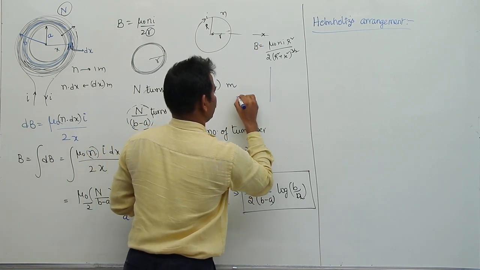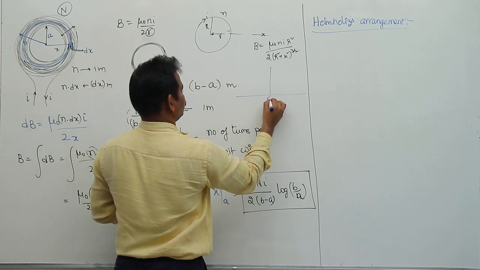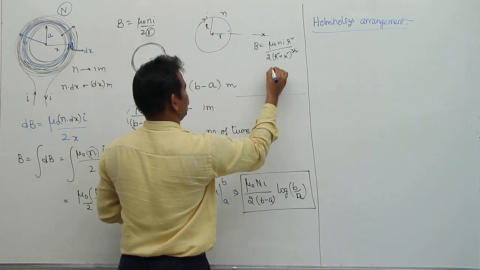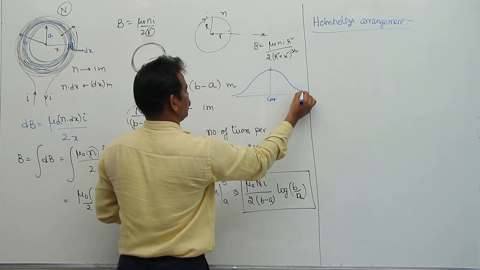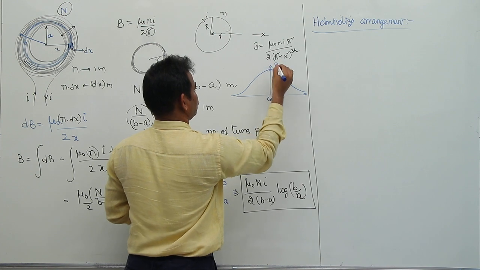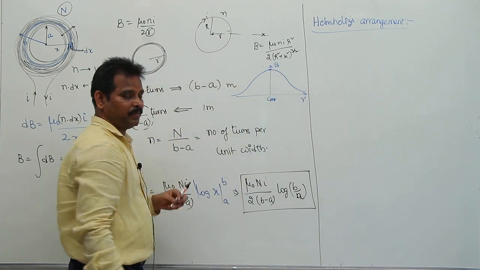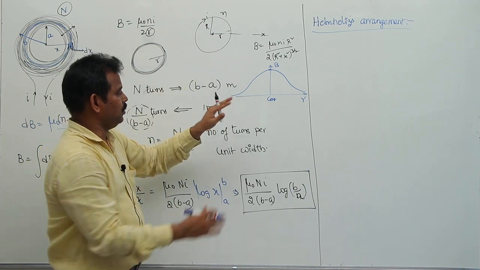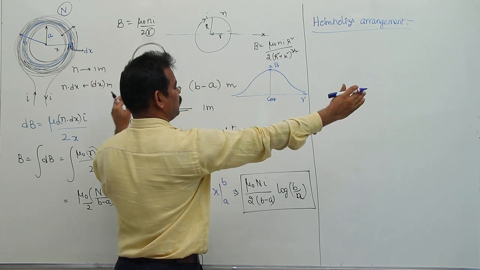Now for any coil, on either side of this one, this is the center of the coil, here the field is maximum. As you move on either side of this one, the magnetic field gradually decreases. This is the magnetic field, this is distance r. So the magnetic field is maximum at the center of a circular coil, and on both sides on the axis, either this side or this side, the magnetic field gradually decreases.